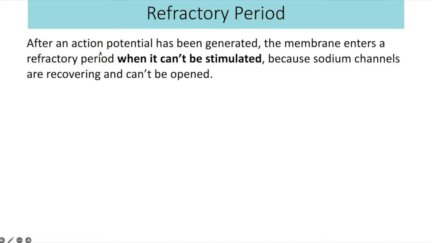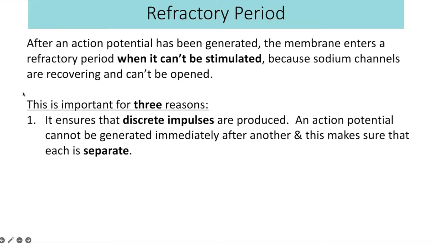After an action potential has been generated, the membrane enters that refractory period when it can't be stimulated again. That's because those sodium ion channels are recovering and they can't be opened. So that is important because it ensures that discrete impulses are produced. An action potential cannot be generated immediately after another, and that is why it makes sure that each impulse is